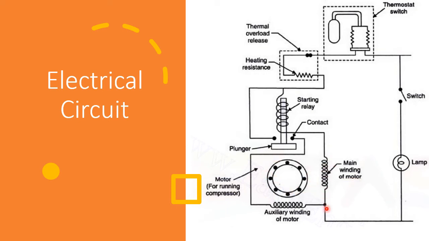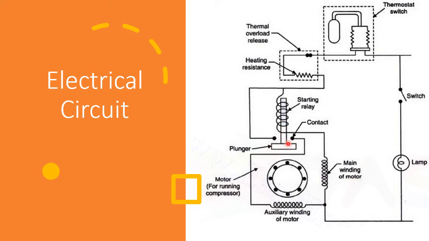Here, due to this heavy current, this plunger moves upwards. Now there will be contact here. So current flows through this path and then again to the auxiliary winding. So starting winding of motor is connected. So the phase difference between two windings is present now. Now the motor starts to rotate. When the motor starts to rotate, the current flowing through this winding is reduced. So automatically this plunger is released. Now it is moved downwards.